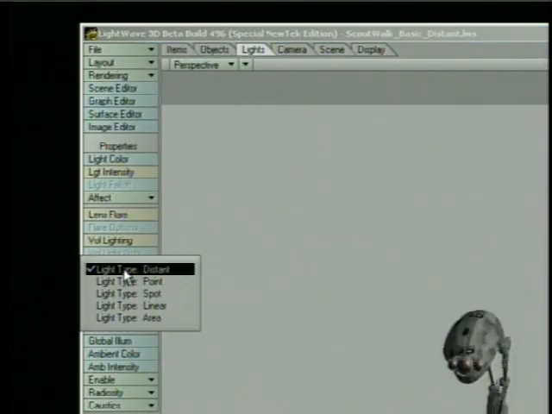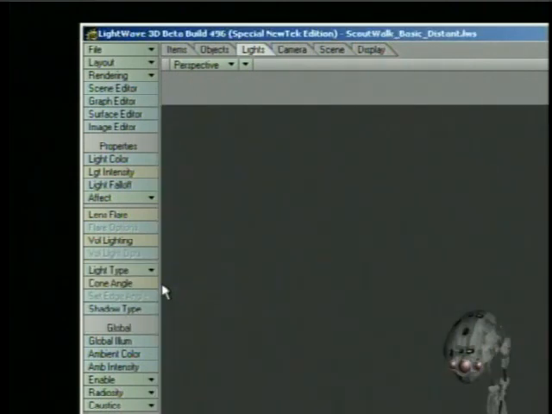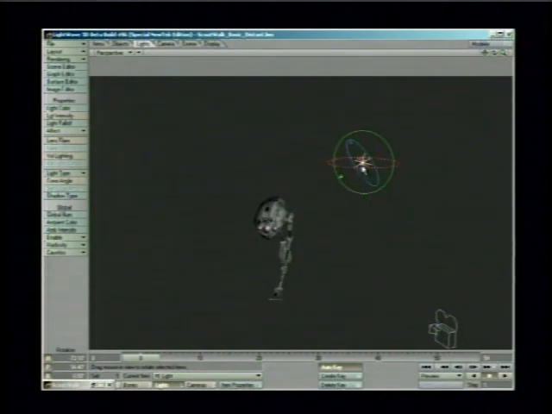We go to our Lights tab here, and with the light selected, there's a light type pop up here, and we can go from distant to point light. The point light is going to work basically like a light bulb, where it's going to emit rays in every direction. So in this case, if we rotate the light, you'll see rotation doesn't change the lighting's effect at all. However, if we move the light, as you can see here, it actually does make a change